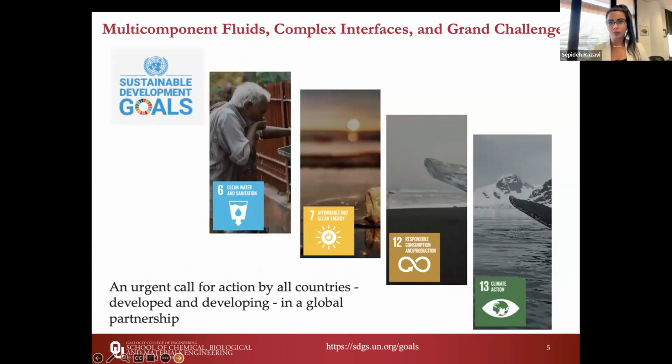So you're looking at, for example, a number of sustainable development goals. That is an urgent call for action to all countries in order to ensure prosperity and peace for humans and the planet, not only for the current generation but future generations. Out of the 17 Sustainable Development Goals, I'm putting out 4 here. As you can see, there is a connection to water and energy.